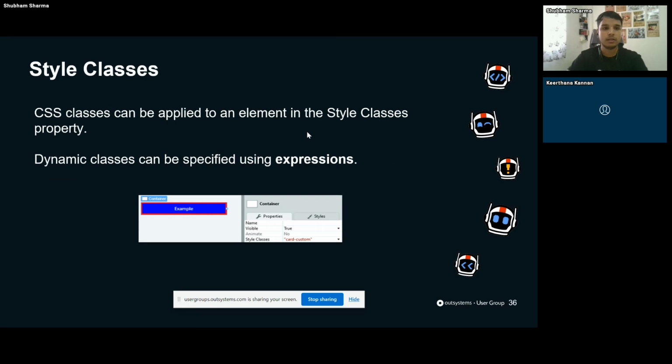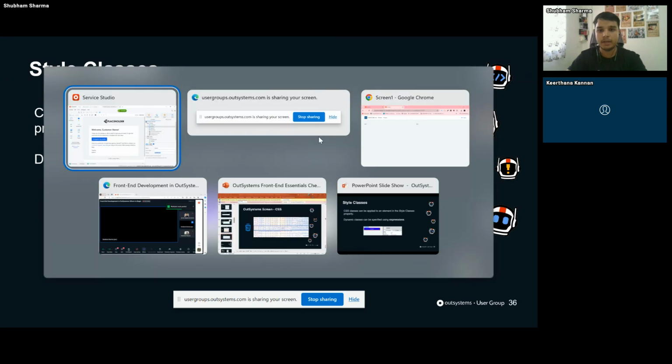So the very first way to write CSS would be by using these style classes. Most of the input widgets have this style classes section where we can use predefined style classes provided by OutSystems, or we can use our own custom CSS. We can also create our own custom classes and add them here. For example, if I go here